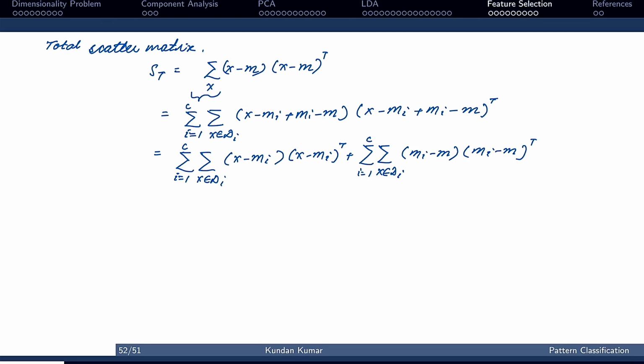So if you look at this expression, this is basically the within class scatter, because this internal term is basically the scatter matrix of an individual class, and we are taking the sum of all the scatter matrices over all the classes. So this is the within class scatter matrix, plus the rest of the term can be defined as